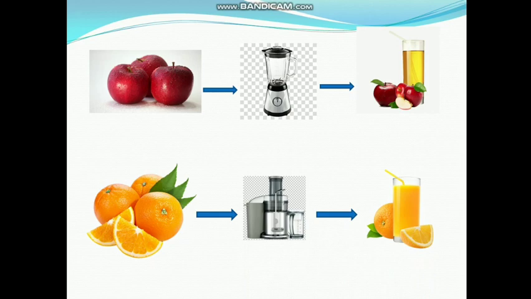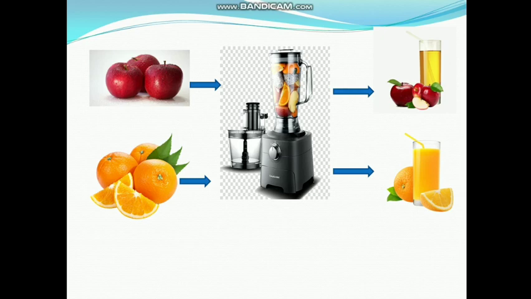Using two juicers may be difficult to handle as well as acquire more space in your kitchen and is not at all cost effective. So when a single juicer is sufficient to produce juice of different kinds of fruits, why do we need to use different juicers for various fruits? So the process can be simplified by using a single juicer as shown in the figure.